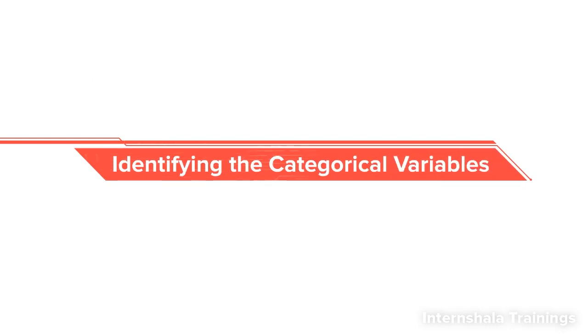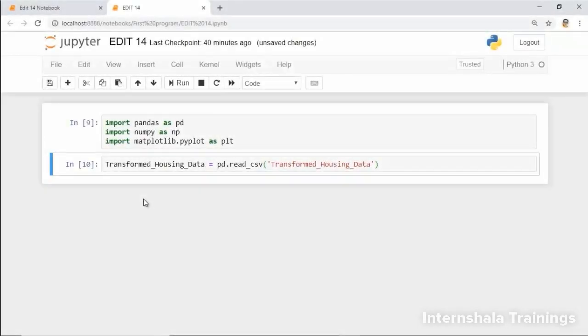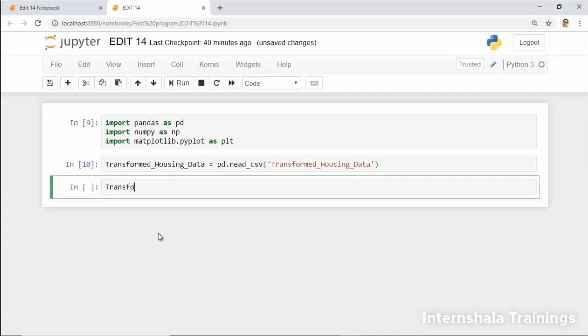So we continue our journey of understanding and preparing our data for modeling. And now we will analyze the last segment, which is the categorical or string variables. We will be reusing the transformed housing data which we had obtained in the previous topic. So let's use the output from the transformed housing